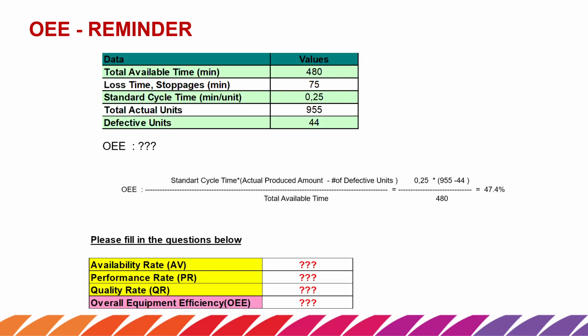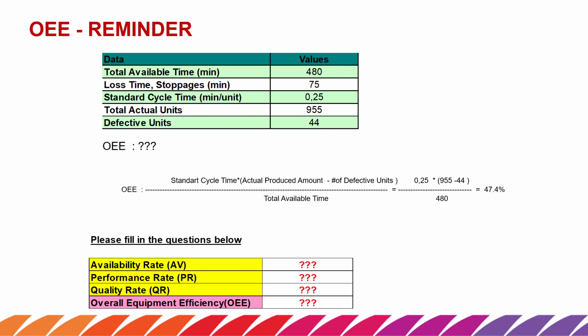Basically OEE is the multiplication of availability rate with performance rate and with quality rate. When we multiply these three parameters, availability, performance and quality, then we have the overall equipment efficiency of any system, process